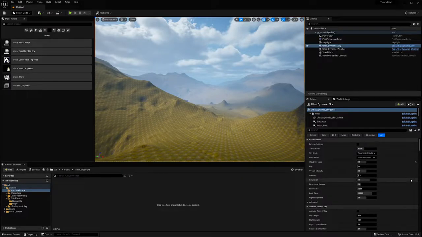I'm going to go over how to create a multi-biome auto landscape material, or multi-index collection in the case of